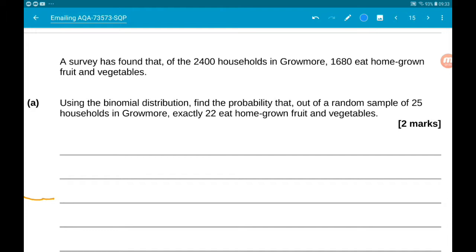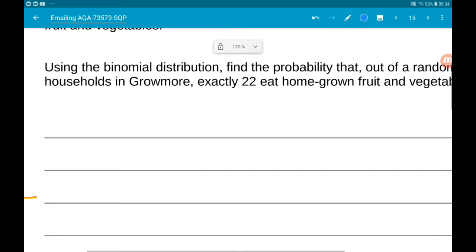Part A says using the binomial distribution, find the probability that out of a random sample of 25 households in Gromel, exactly 22 of them eat homegrown fruit and veg. So, let's let